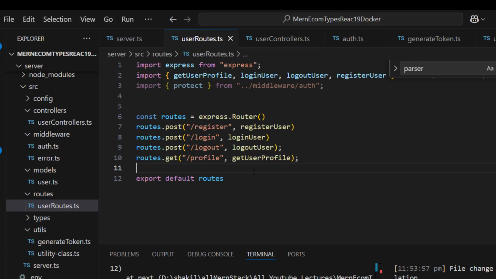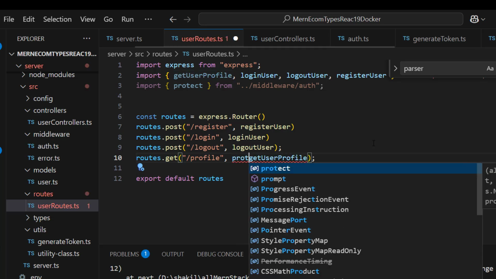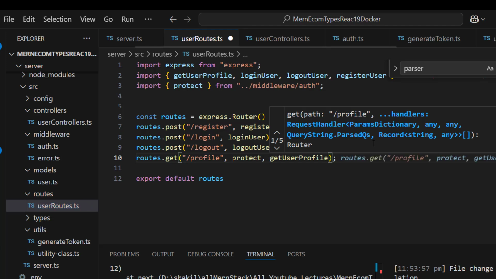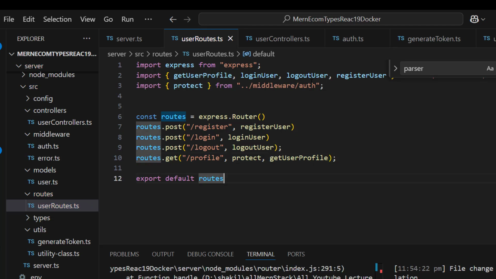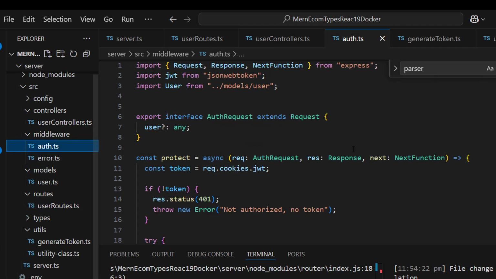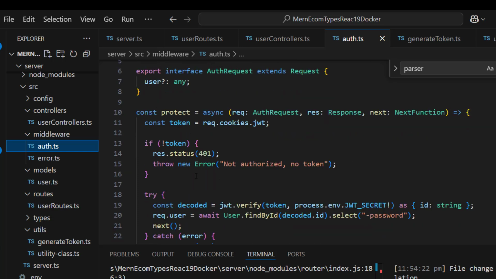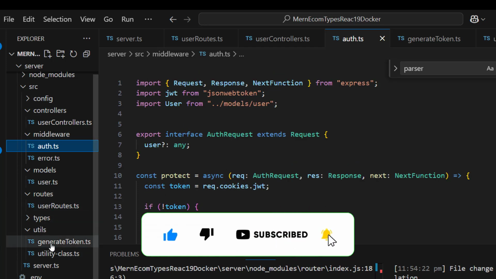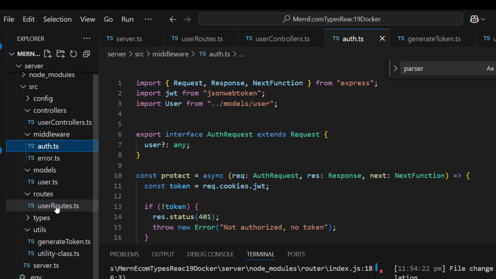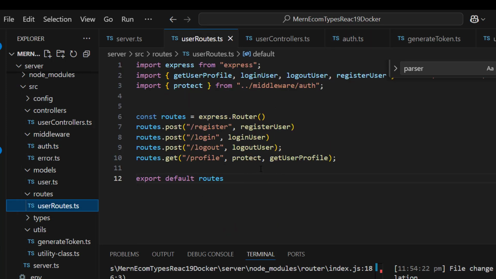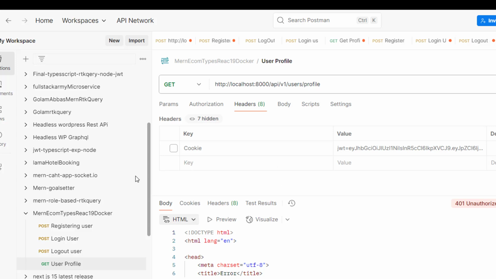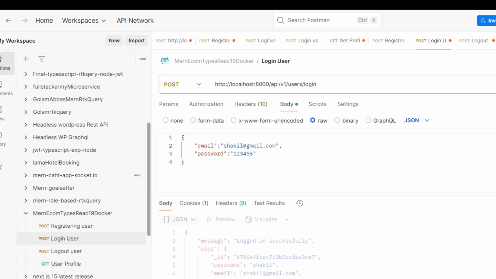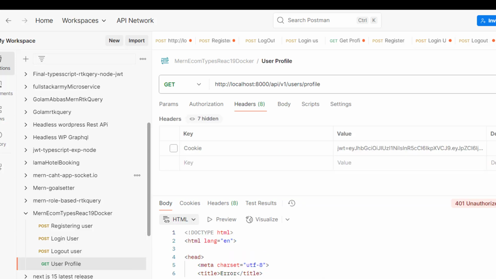So basically it was creating a problem for one reason, because we need to use protect here. So this is a protected route. We will not allow everybody to visit this route. Protect will come from middleware. If there is no token, it will not allow you to visit this route. So we need to protect this route. Protect. Okay, so if you log in once again and come to your profile, this time